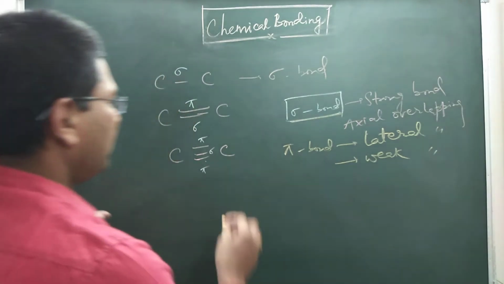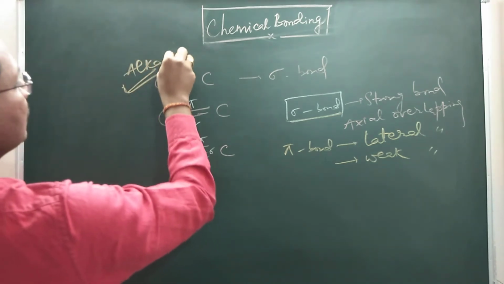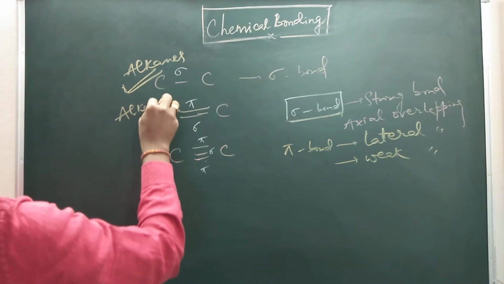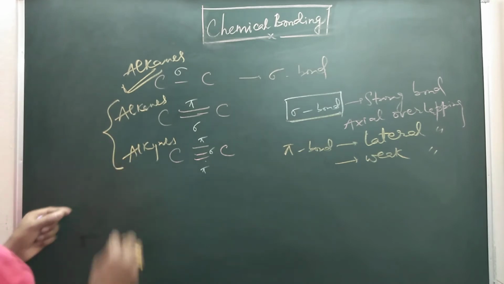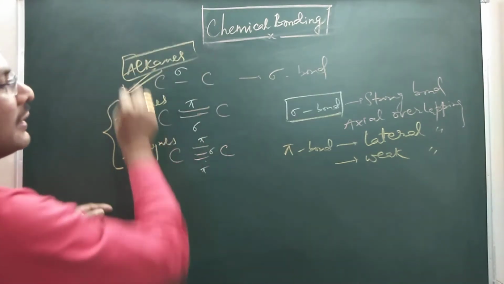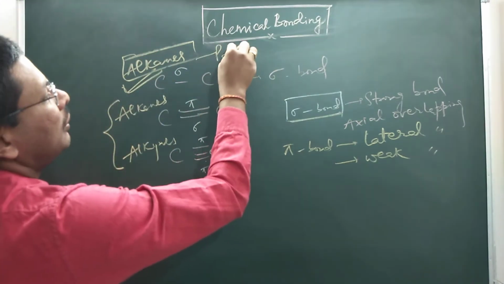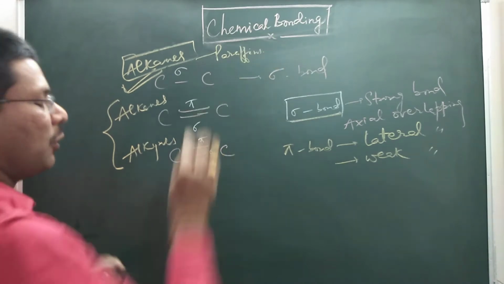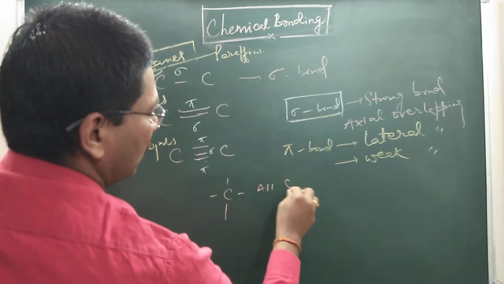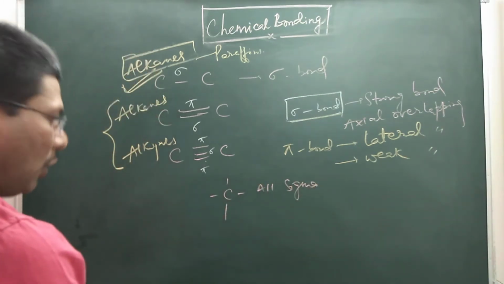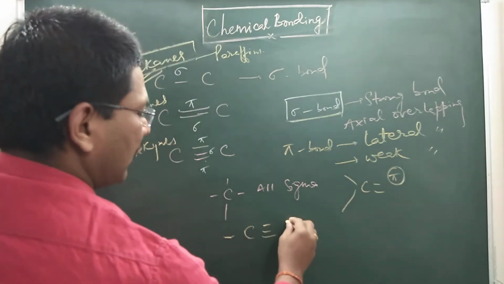Carbon-carbon single bonds are found in alkanes, carbon-carbon double bonds are found in alkenes, and carbon-carbon triple bonds are found in alkynes. Whereas alkenes and alkynes are unsaturated hydrocarbons, alkanes are regarded as saturated hydrocarbons. The reactivity of alkanes is so low that they are called paraffins. One trick I am giving you here: if only single bonds are there, they are all sigma. If a double bond comes, then a pi comes, and if a triple comes, then 2 pi come.